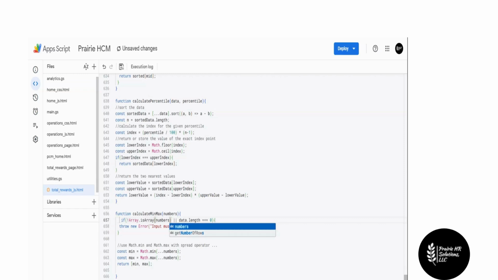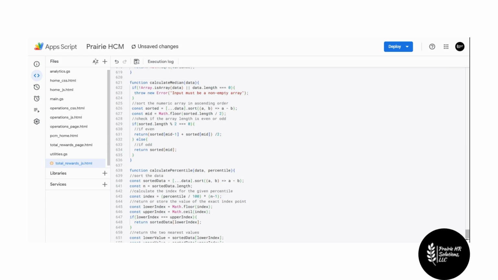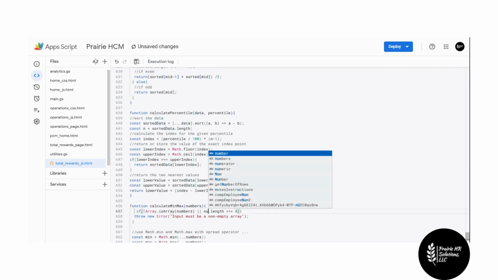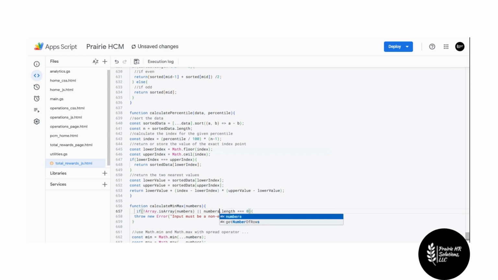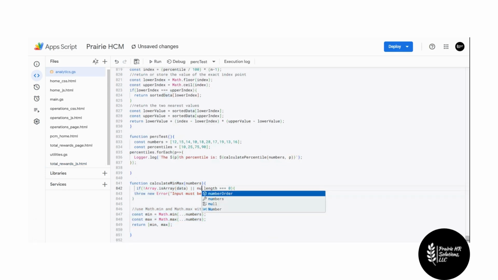Okay, so when we come back over here and look at our code, I came down here to our calculate min max, and since we copy and pasted from up here, this is passing data down here. So it had no idea what it was talking about. That's because we didn't change it. That was our fault. Okay, so now let's save it. Let's actually come back over here and change this,